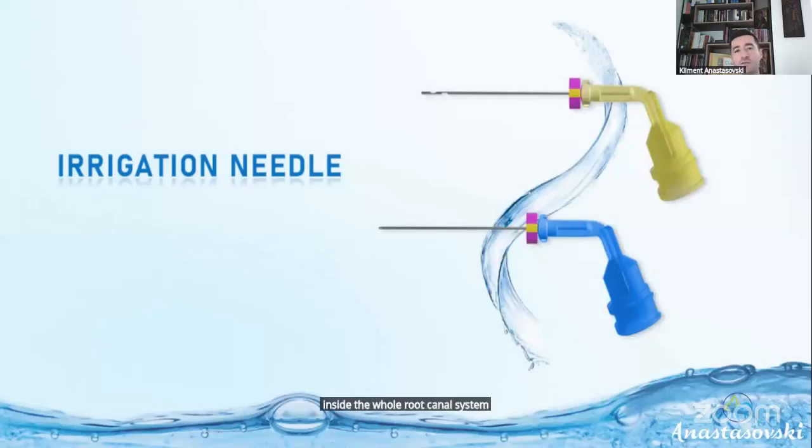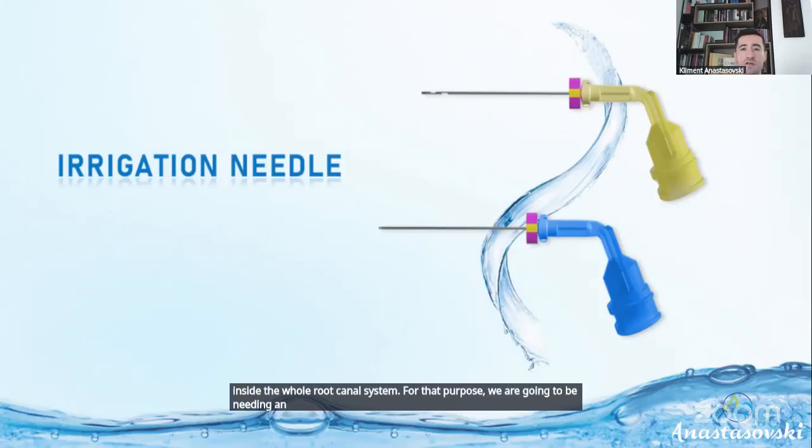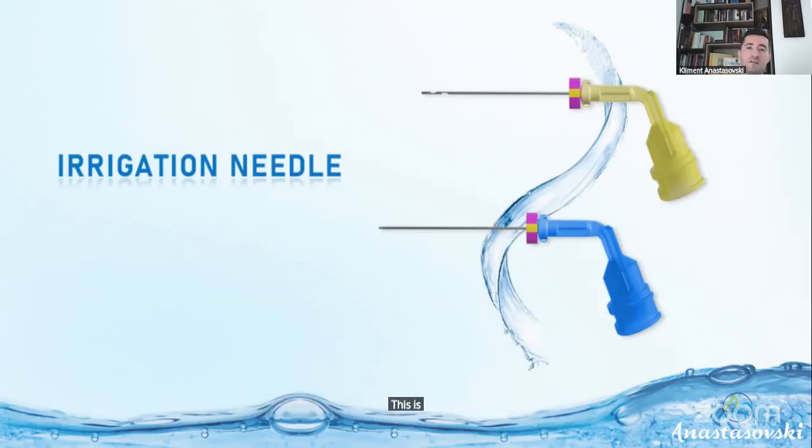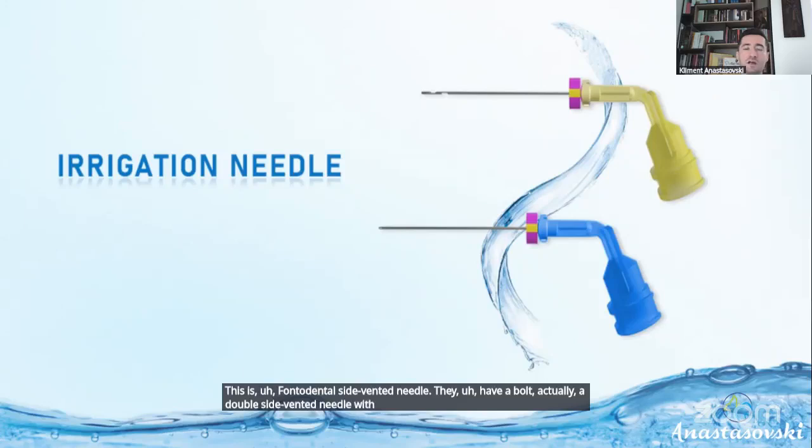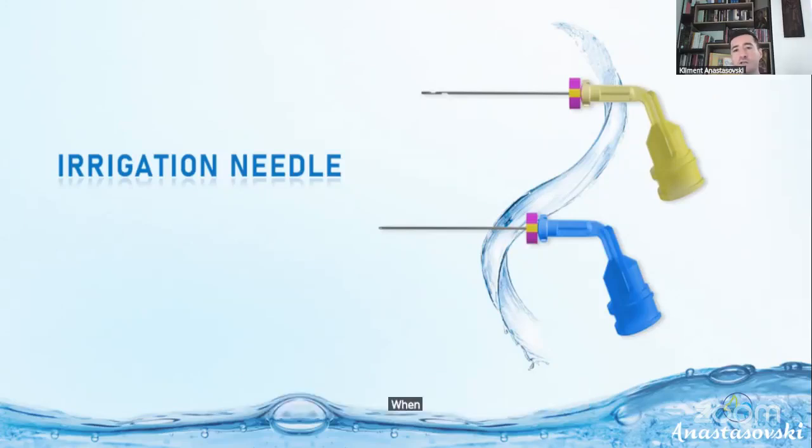For that purpose, we are going to need an irrigation needle, actually side-vented needles. This is Fanta Dental side-vented needle. They have a double side-vented needle with a rubber stop that we can use. I always use it to cut short my working length when doing the irrigation. I always cut short 4 millimeters before irrigating the